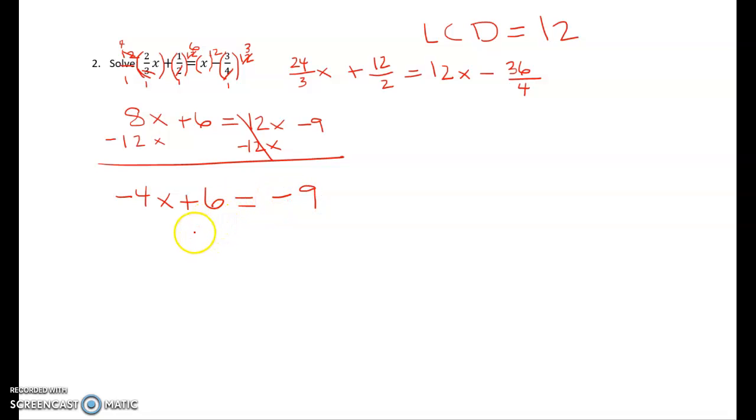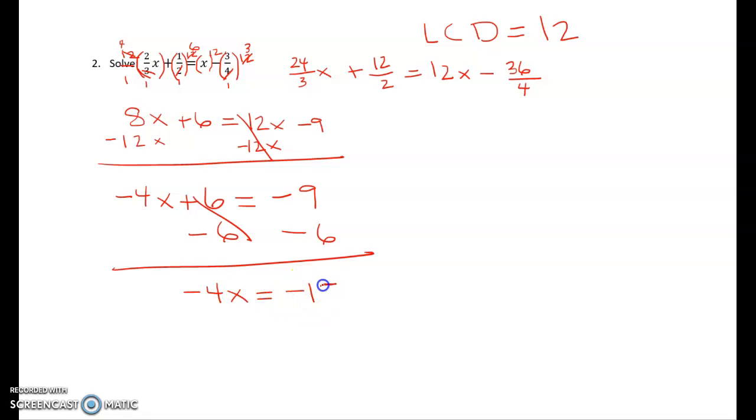Okay, we want to get our constant terms, so minus 6 on each side. So we get negative 4x equals negative 15. We divide by negative 4 on each side. So x equals, negative divided by a negative becomes a positive, so it is going to be a positive